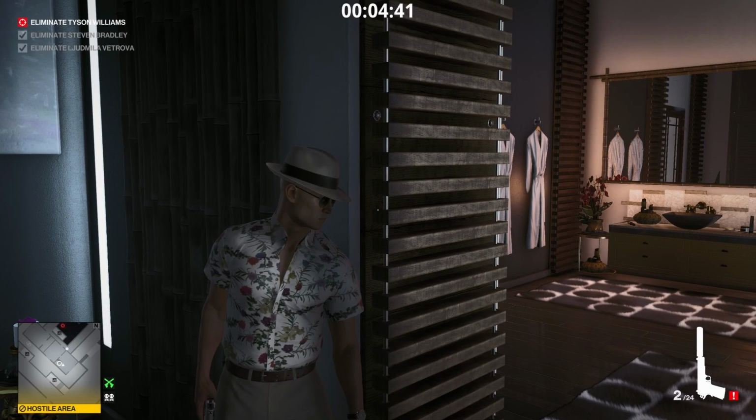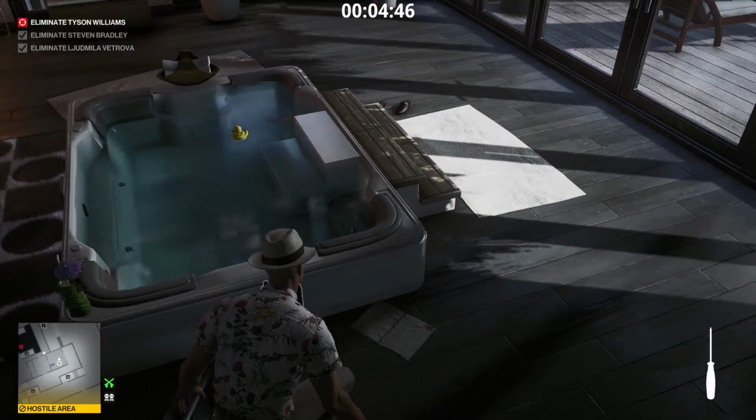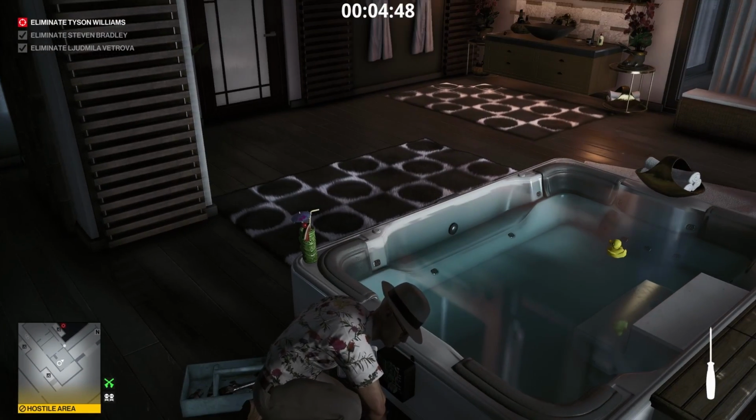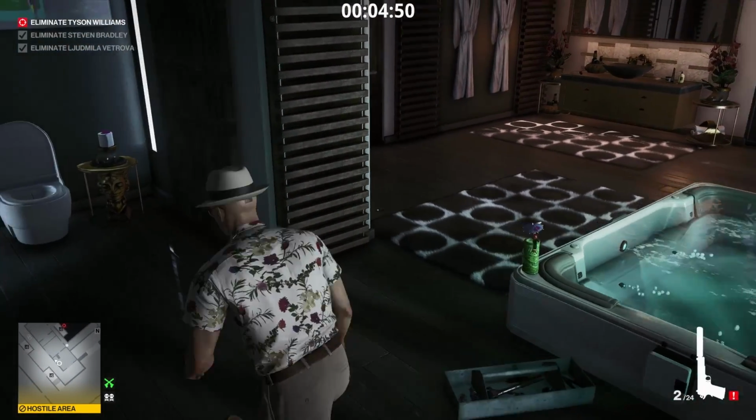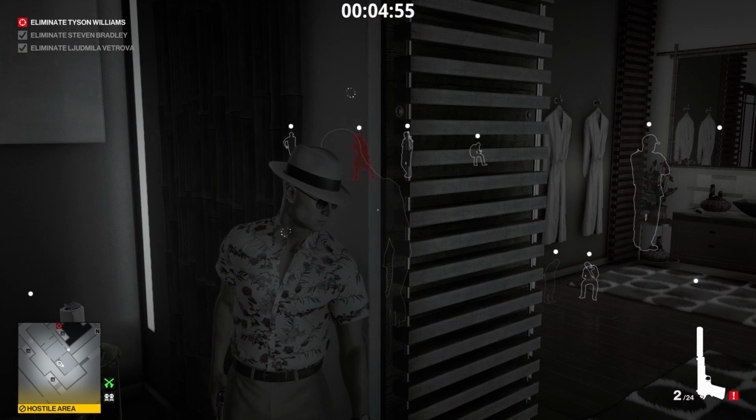He takes forever to get into a position where you can eliminate him. And it goes hand in hand. A shitty mansion area with a shitty fucking target, and you put them both together, and you get a fucking terrible experience. And with him,